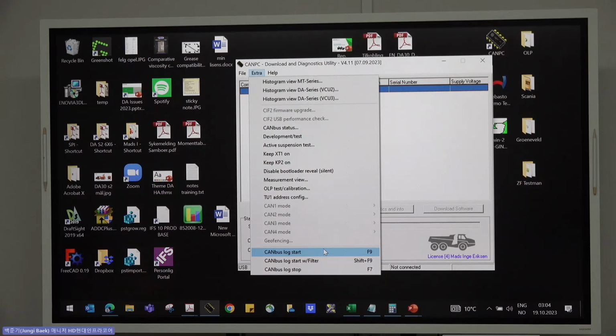So it's not that you just start it and let the machine run for 1 or 2 days. No, not that long, because this will make a very big file. Usually when you use it, I recommend maybe 30 minutes. But it is with the laptop, so the laptop has to stay connected to the truck. I usually recommend around 30 minutes of logging, because if you go beyond that, the file will become so big